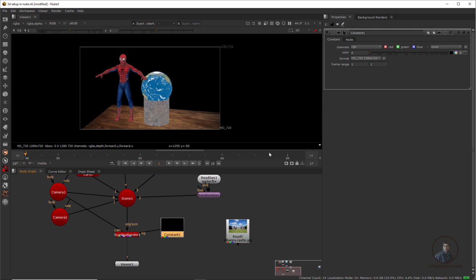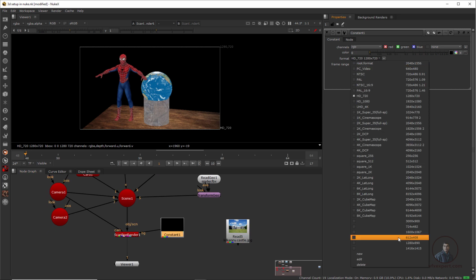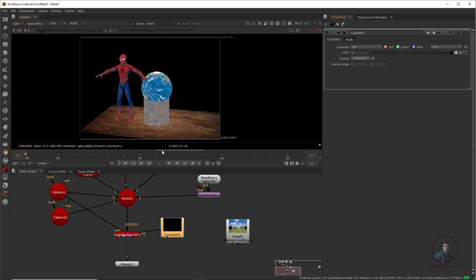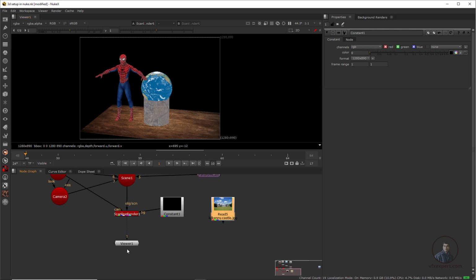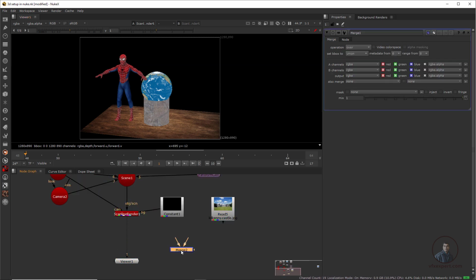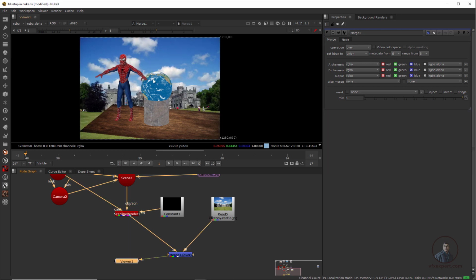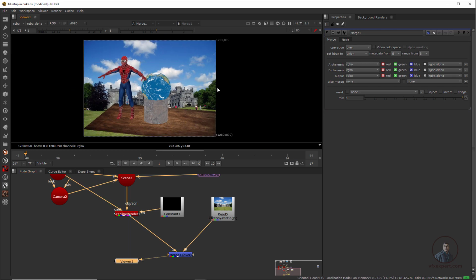So just double click here. First take output according to our footage, which is 1280 890. So now we are getting this output frame size as our image here. Now we have to compose, so simply take a merge node, and this will be our background, and this scan9 render output will be our foreground here. Now just press 1 here. So now we are getting this output here. So like this we can compose your shot.